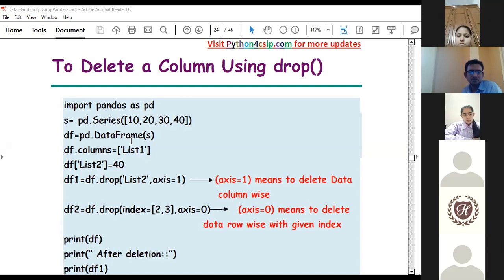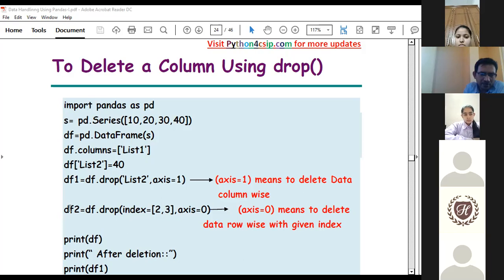Sir, in this slide we have used the drop method to delete a column by using axis equal to 1, which means column wise, and in the second case we have also deleted the row by using the drop method by putting axis equal to 0, which means row wise.